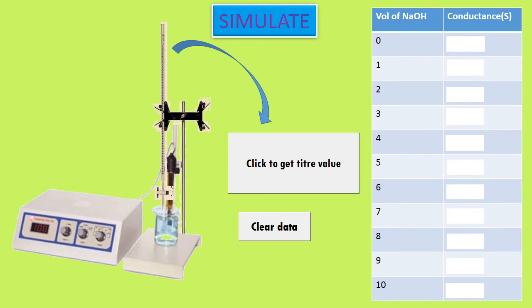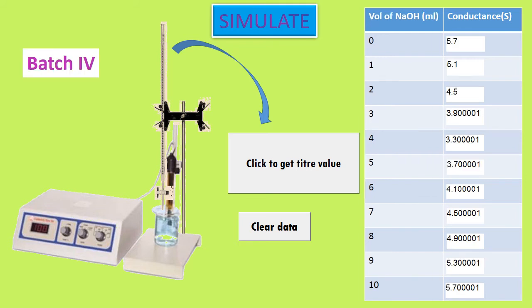So it got cleared. So batch 4 students, be ready to note down the readings. Let us get the simulated value. Yeah. So batch 4 students, it is 5.7 and then it reduces to 5.1, 4.5. So for a simulated value, 3.9 is enough. First decimal place alone you note down.